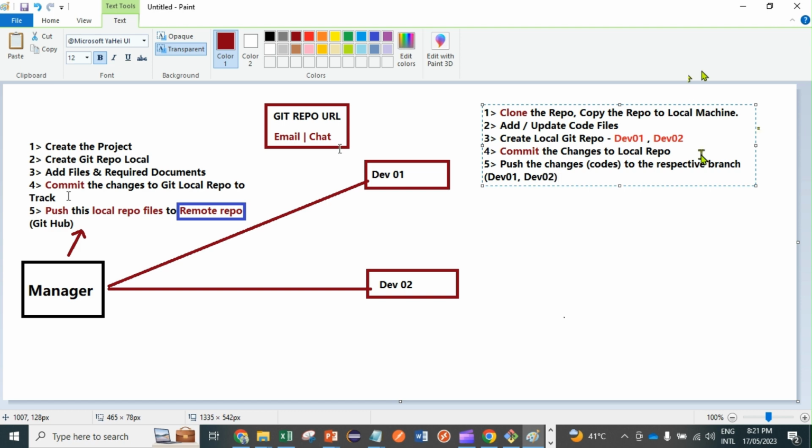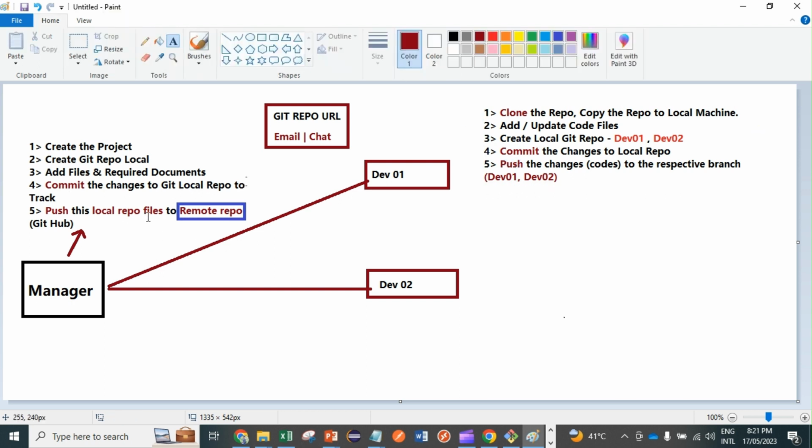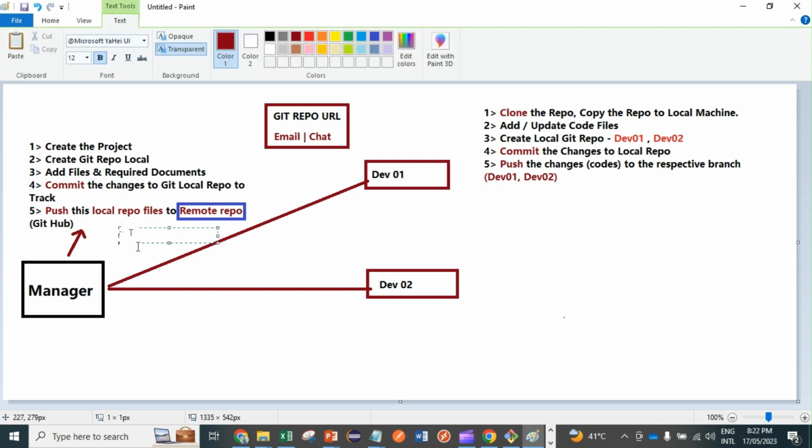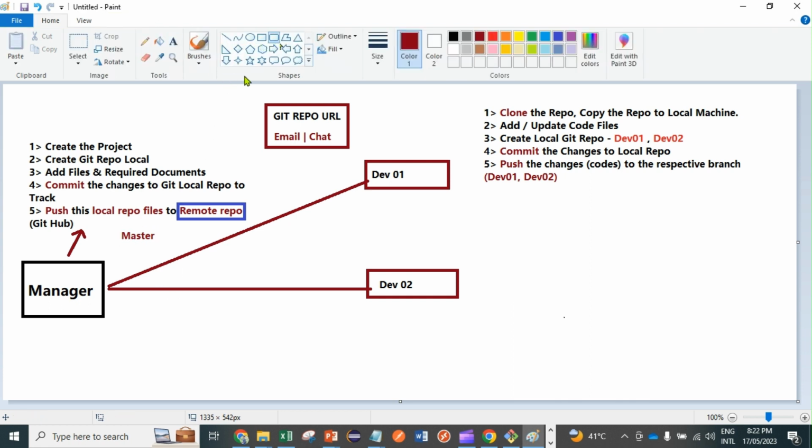Okay, guys, over here let me tell you the concept. He will have a master branch, because he is a manager. He looks after all the changes that will be pushed to the master branch. And over here the developers will create their respective branches, and they will push their changes to